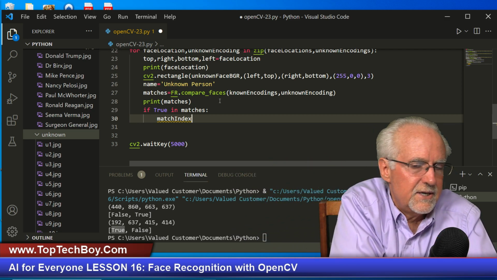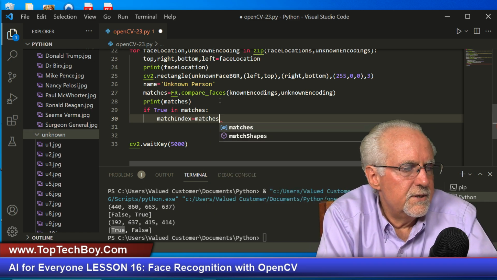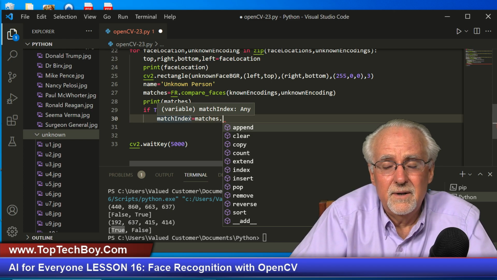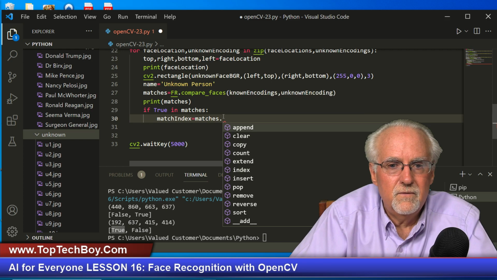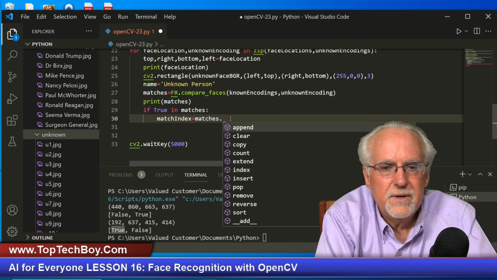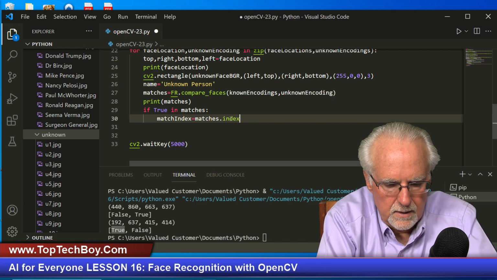You want to find the match index, and that is going to be matches dot. Okay, why is this matches? Because we called it matches here. This match index, we could have called anything. We could have called it kitty box, but we're going to call it match index because that's what we're looking for. So it's going to find where in matches, what is the index where there is a